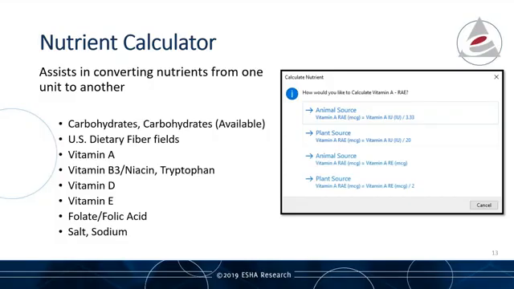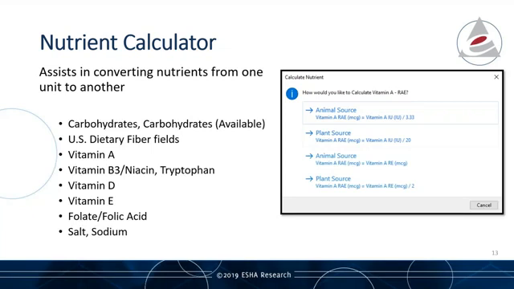Once you've entered your ingredients into your recipe, Genesis calculates the nutritional content per the serving that you've set. We also have the nutrient calculator tool that can be used to fill in additional nutrient fields based on those already reported. This can be helpful in converting units that were used, for instance, in previous regulations to new required units. A lot of our nutrient units changed from the 1990 to 2016 US labels, so this can help convert